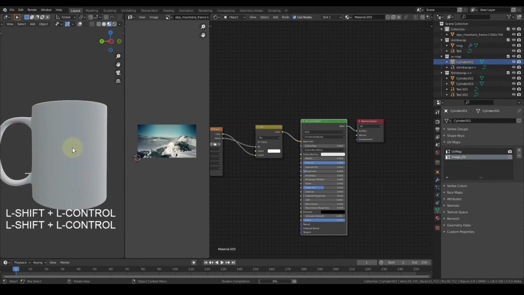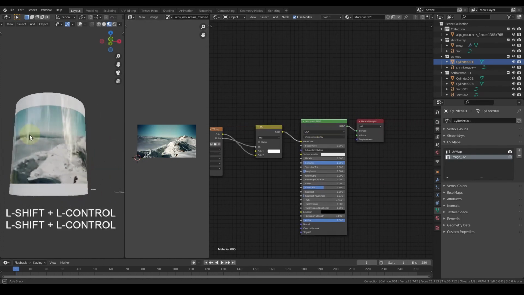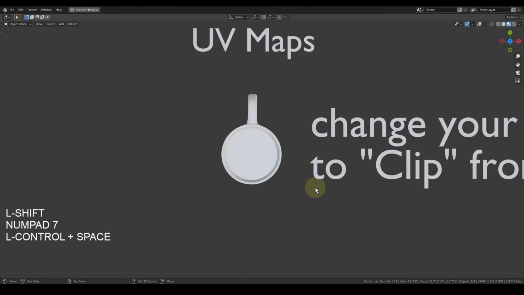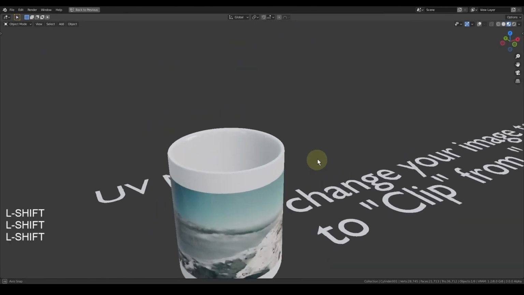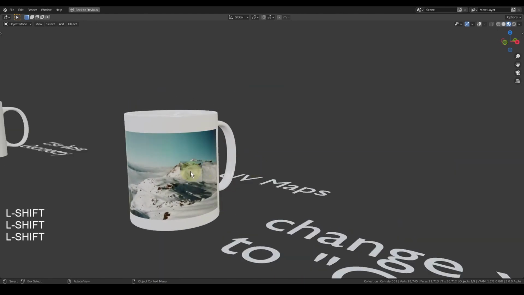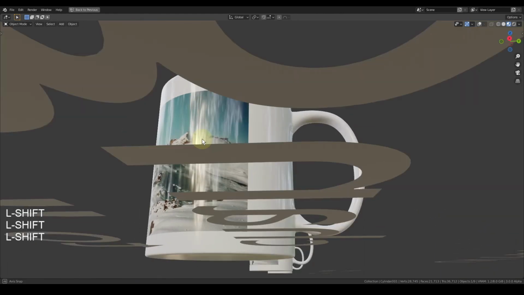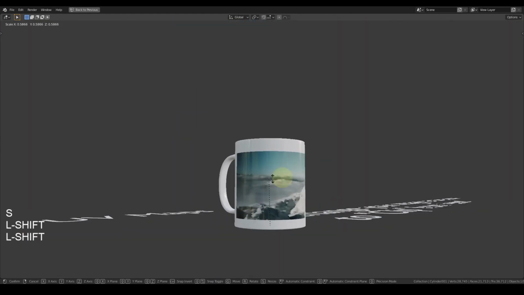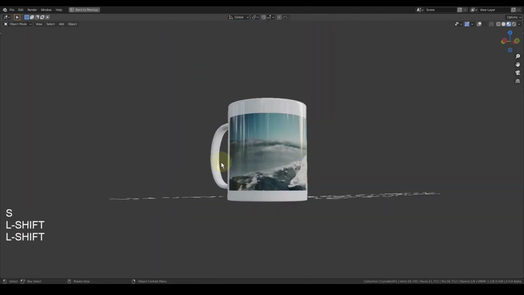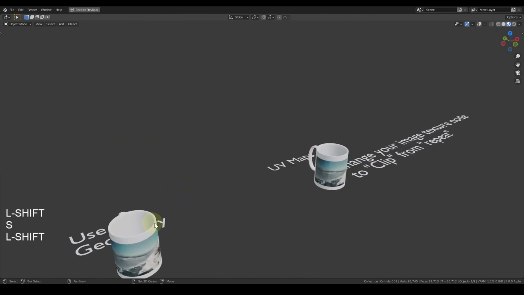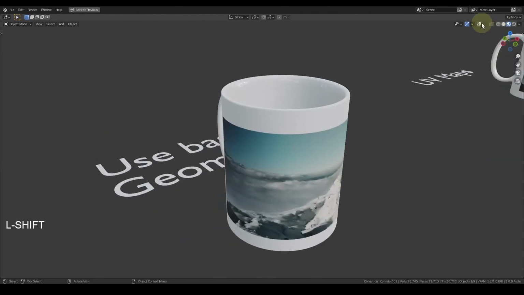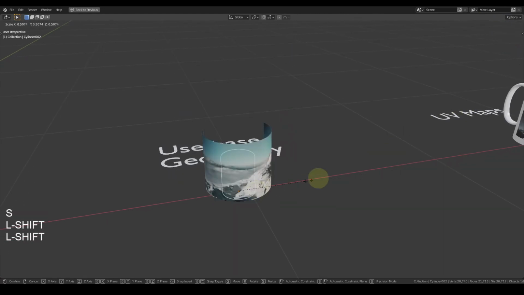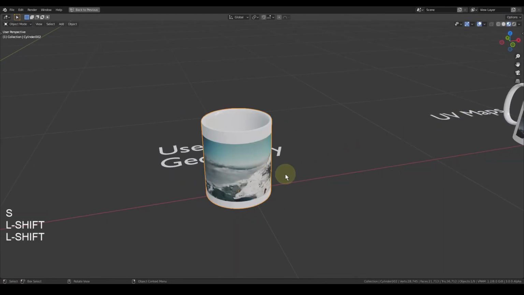Now I'm going to go back to this. This UV maps method is a little complex, but it gives one of the best results. You won't have any shading issue. You can see this, and if you scale this, the texture is going to scale along with this. Of course, the same can be done with this. Let me switch on the overlays. So currently the mug is being rescaled, but the texture is not being rescaled.